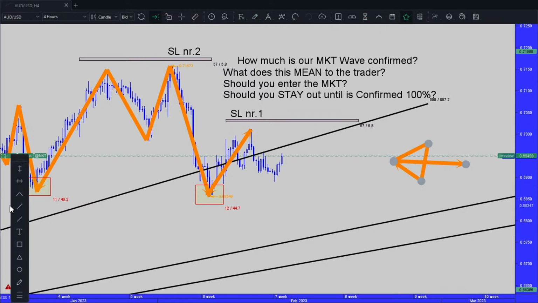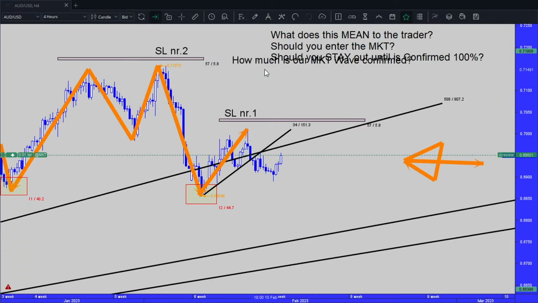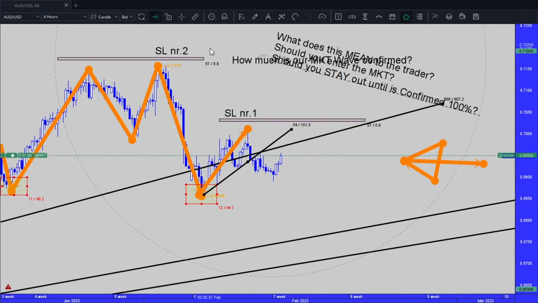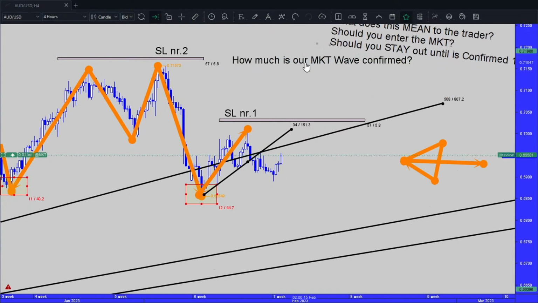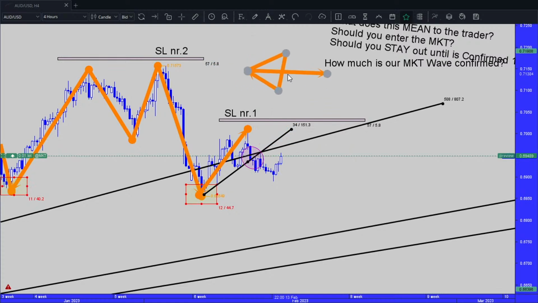Let's say that I've entered with the counter trend, the famous counter trend line break. Alright. And nice, wow. We're getting artistic. So I've entered here, circle, circle. I entered here with the famous counter trend line break. Right, and my stop loss is at stop loss number 2. Am I still in the trade?